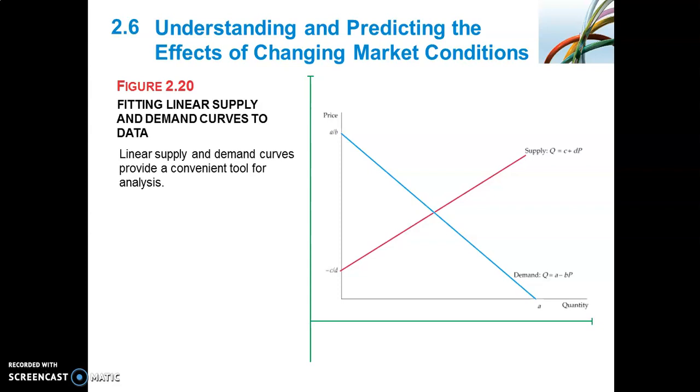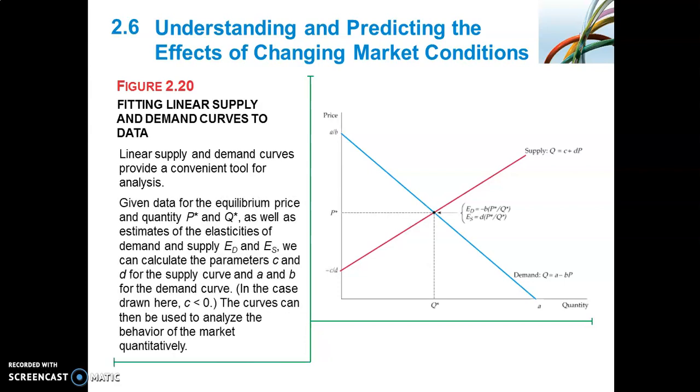Suppose you have the equilibrium price P star and equilibrium quantity Q star. You also have another set of numbers, the price elasticity of supply and the price elasticity of demand. We can then use these values to determine the parameters of the supply and the demand curve. With the linear supply and demand curves derived, we can thus use them to analyze the changes in the market